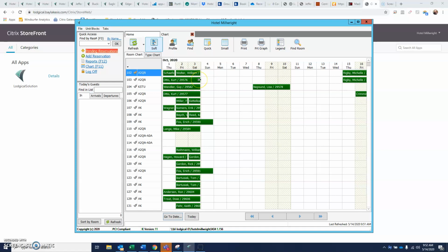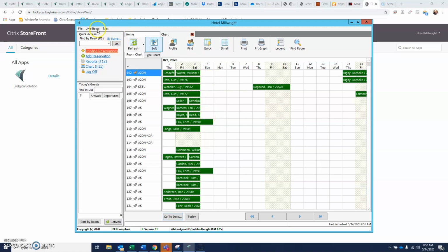They would be checking out the same day as William Walter, and of course Guy Wendler, all of these people. So if we wanted to, for example, come behind and set these rooms right here, 102 through 108,